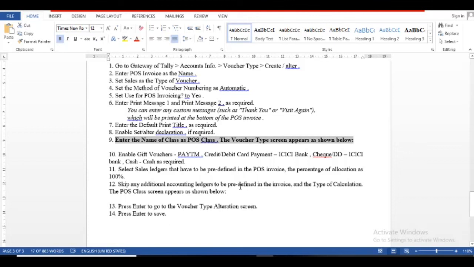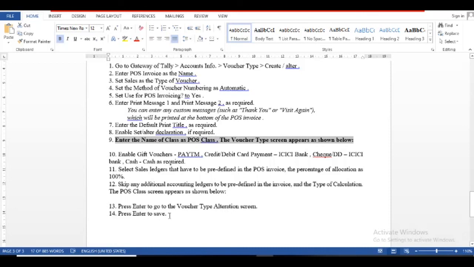Taxation and additional concepts also you can give, but at this stage you don't know the statutory calculation, so I leave it. So you also skip it. Okay, and then I would like to give the final screenshot also. So in the material you can see the practical after the 14th; we practice the same. Okay, so you can see the practical now. Enter, please enter, go to the voucher type alteration screen, that means not a problem, and then enter to save.